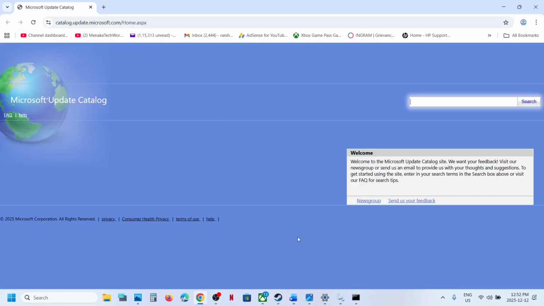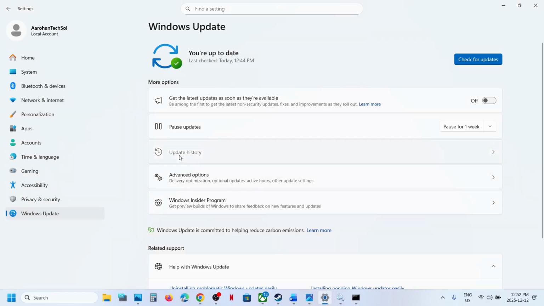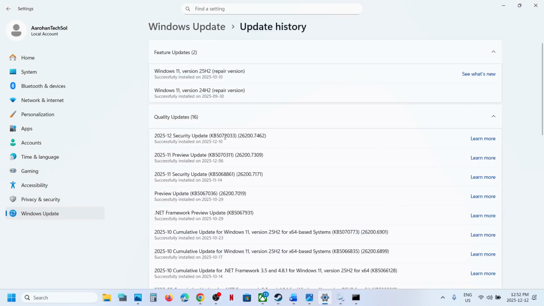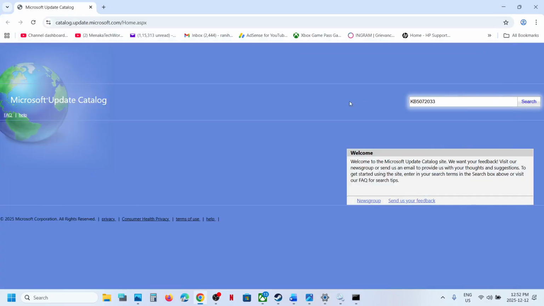Still not working, the next step is to use Microsoft Update Catalog. Now for this you can open this link in a browser. The link is provided in the video description, and then you can write down the name of the update, that is KB5072033 on Microsoft Update Catalog website. Click on search,